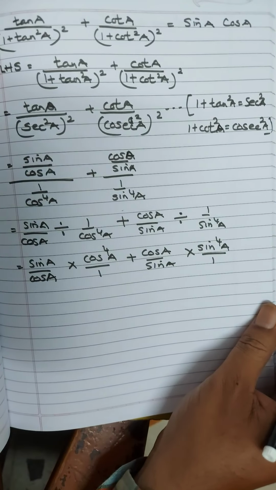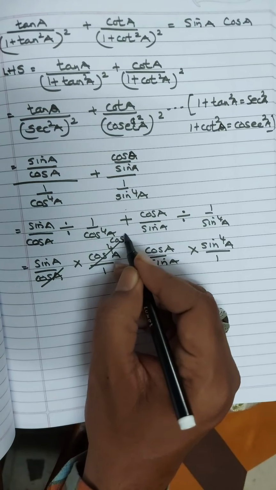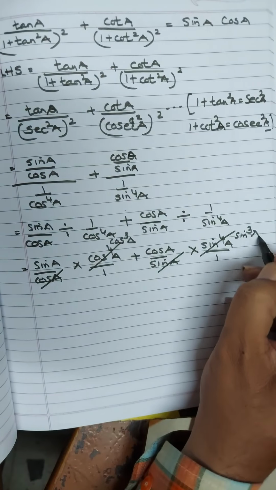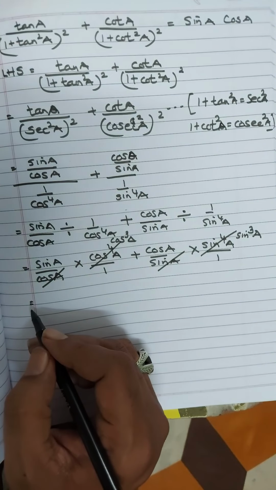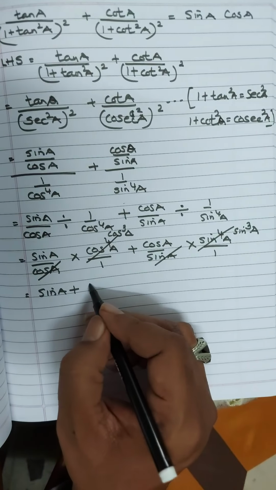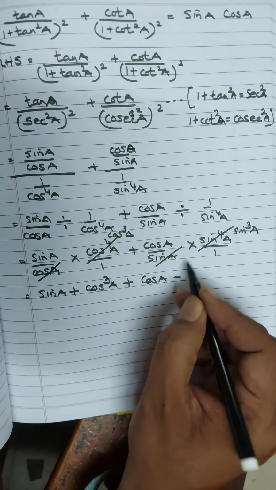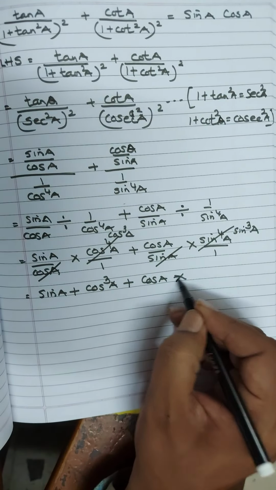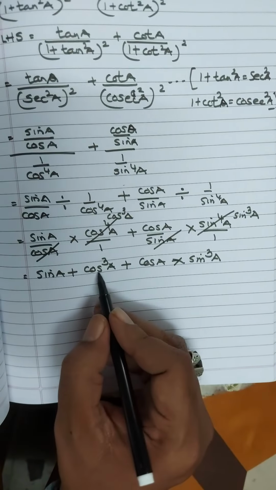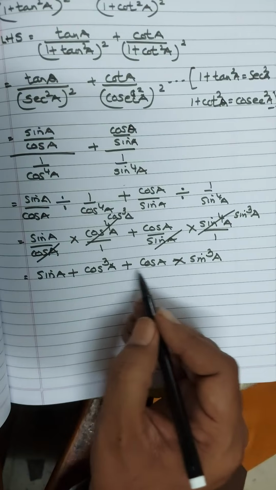Okay, now what we have to do is we need to cancel 1. So it is cos power 4A, it remains cos 3A, and here also sin power 4A sin cut, so it is sin 3A remains. Okay, so whatever remains we need to write it down here. Okay, sin A into cos 3A plus again cos A multiply by sin 3A. Okay, now what we have to do is very simple. See here 3A and 3 here, and see here sin and cos. So what we have to do is we take the common factor of sin and cos here.